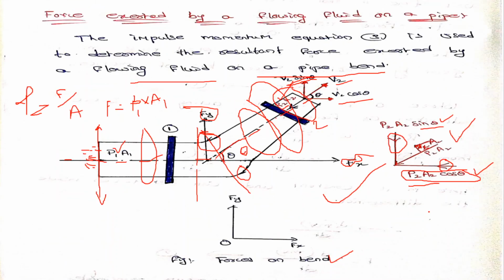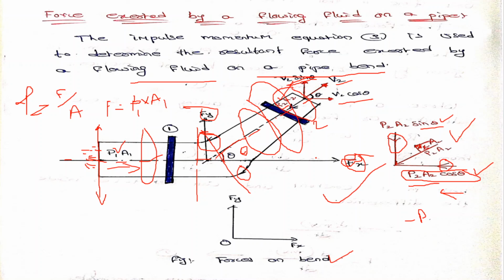Minus fx means, see here, this is coming in x direction. What forces are there, we have to consider. That is P1A1, it is passing in this direction. Next, P2A2, it is traveling in the opposite direction. So I am taking here minus P2A2 cos theta. Obviously it is traveling on the adjacent side, we will consider it as P2A2 cos theta. Okay, P1A1 minus P2A2 cos theta. One more force is there, that is fx, the net overall force.